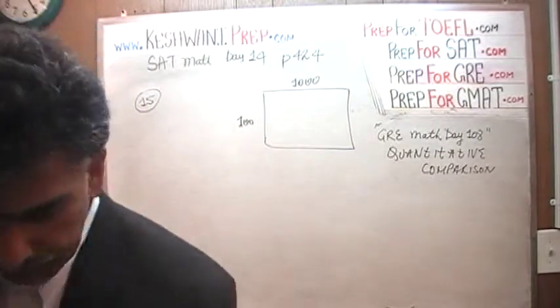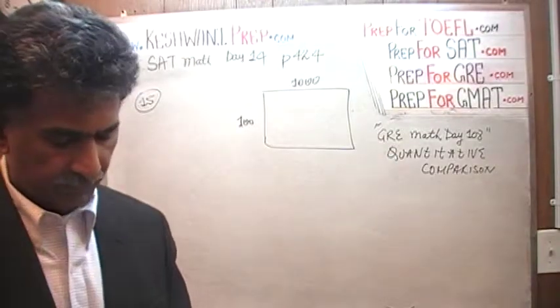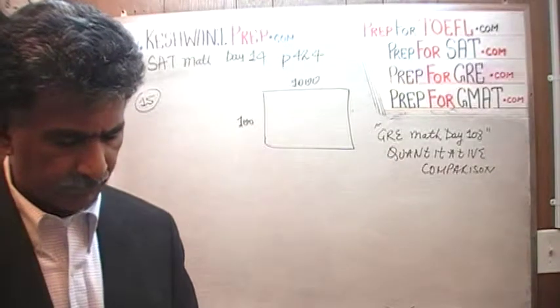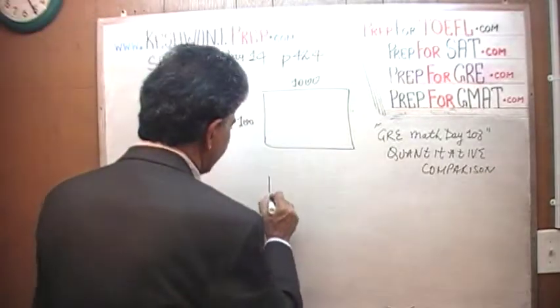What's going on? We are told that we are going to take our rectangle. This is our original rectangle. Which one are we increasing, which one are we decreasing? The length is to be increased by 30%. Alright, so if you increase the length by 30%,